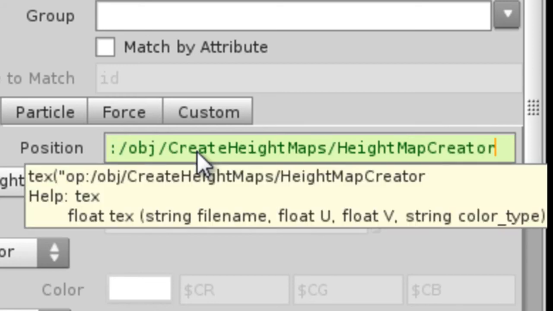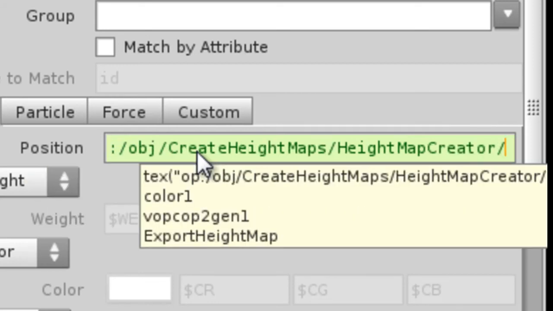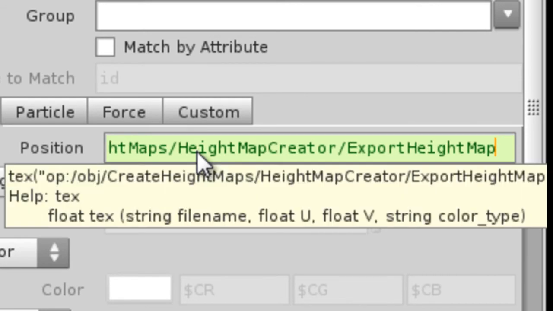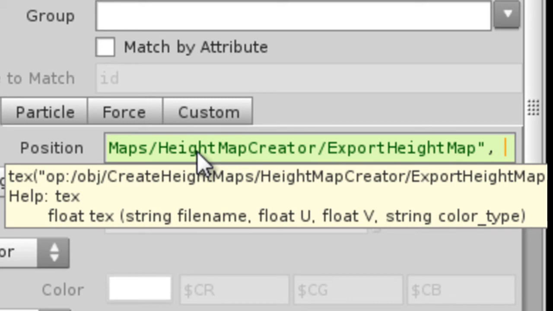Height map creator slash, what we put as the name for the null, which is export height map. And now that's the name of the path that's already on disk in quotes. So end the little quotes and slash. Now for the float u, float v is going to be map u for one. If I can type, oh my goodness, map u and map v,